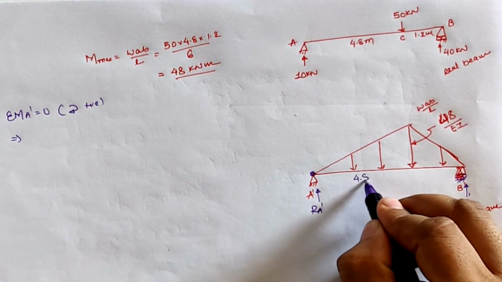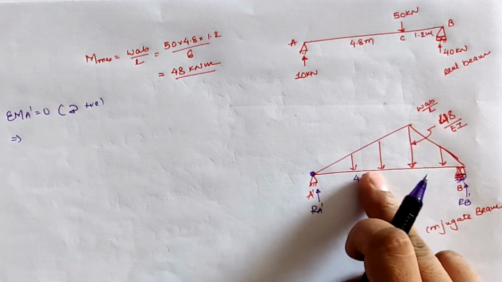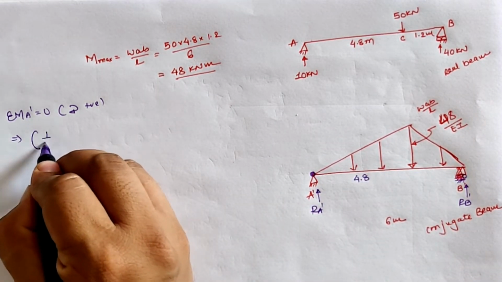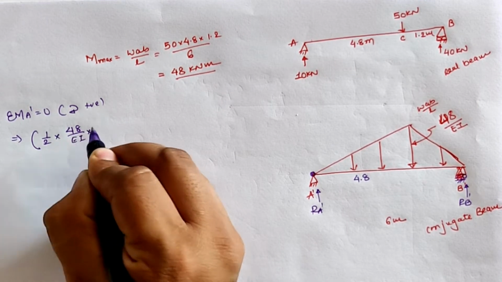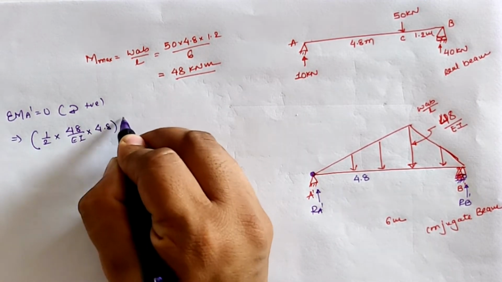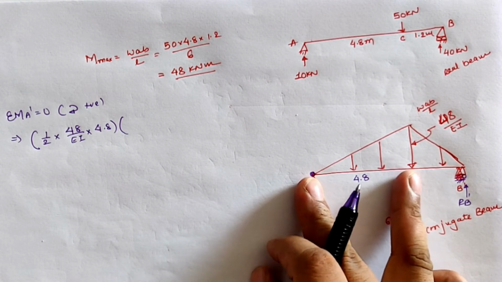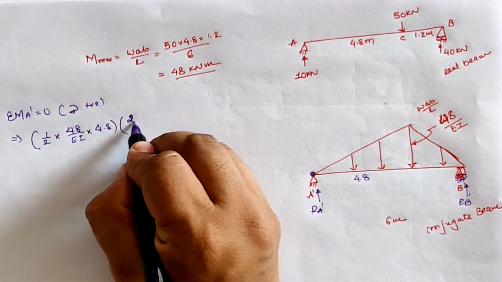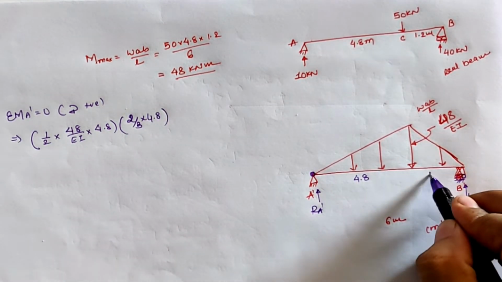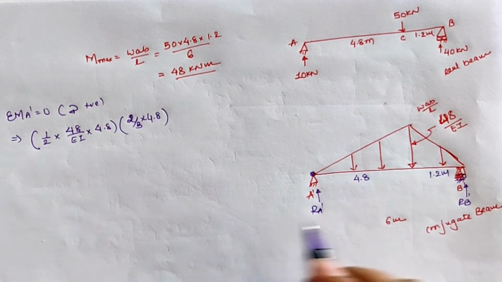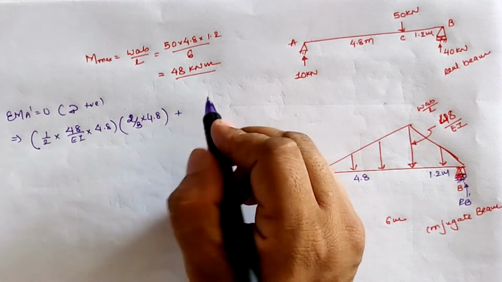For the first 4.8 meter UVL loading, the total loading is 1/2 into 48 by EI into 4.8, and from location A the CG of this triangle is at 2/3 of 4.8. Now the second 1.2 meter UVL creates a clockwise moment, hence it is positive,